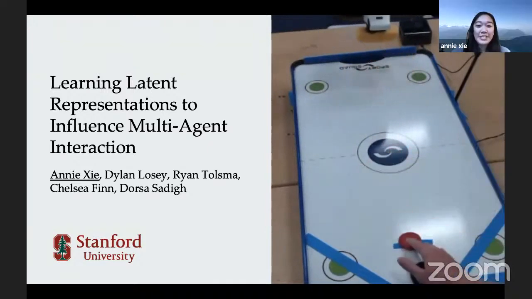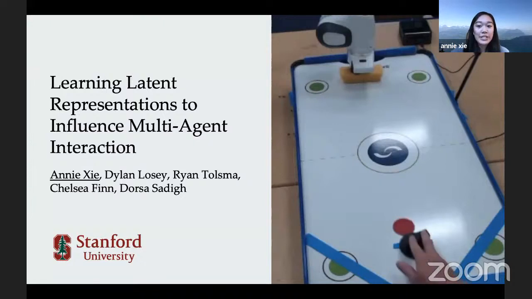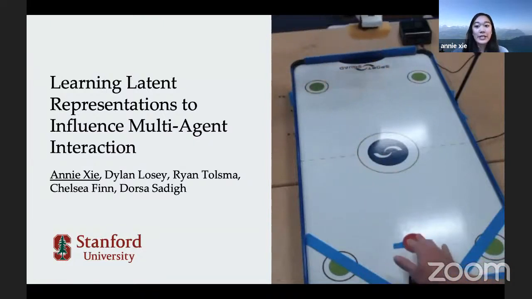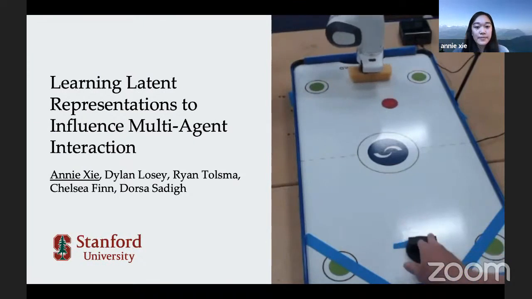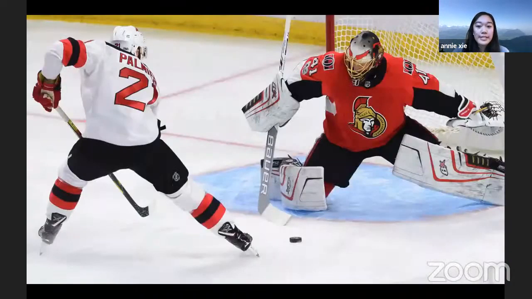Hi, I'm Annie, and our new work studies multi-agent interactions between robots and other non-stationary agents, such as humans. Before I talk about robots, let's first think about how people interact with each other. Specifically in this hockey example, the player on the left here is currently aiming from the right side of the goal. But the next time he approaches the goal again, he might pick a different strategy. For example, he might aim from the left side instead. And of course, this makes the goalie's job really difficult because he has to deal with the different strategies of the opposing team during each offensive play.